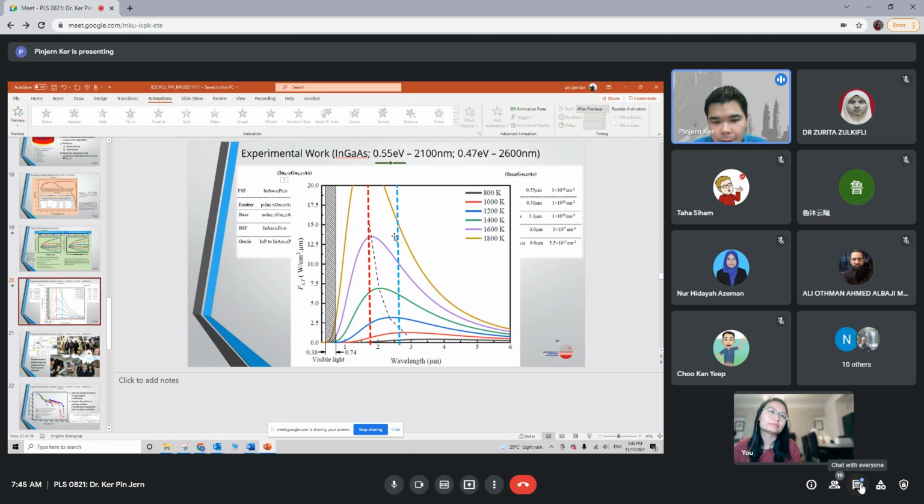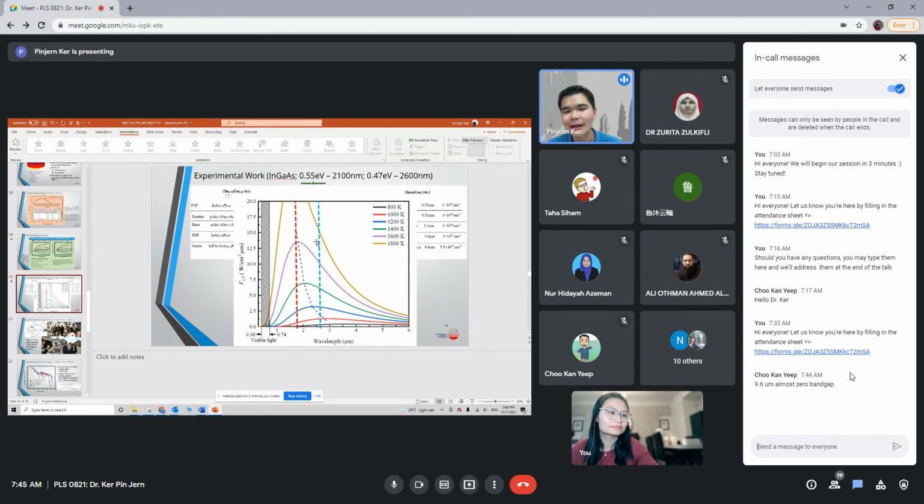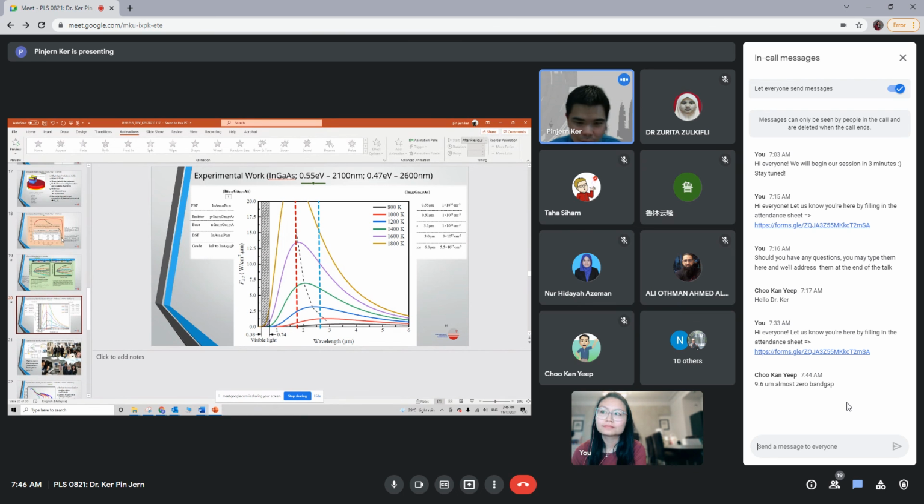So that's why in most of our work, we look at using the material with the correct band gap. The reason is that if you have the correct band gap, in the first place, you won't lose the photon. If the photon is not lost, it is converted into electricity in terms of current. Now, if you want to minimize the losses, there are a few main things. Probably if I show here,